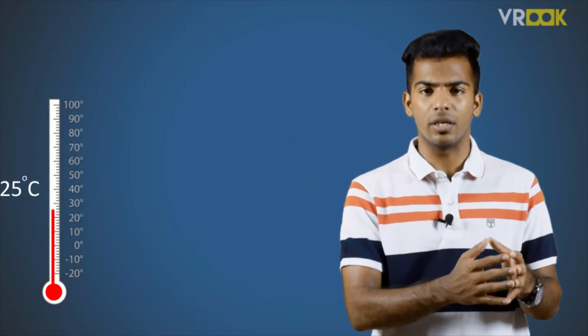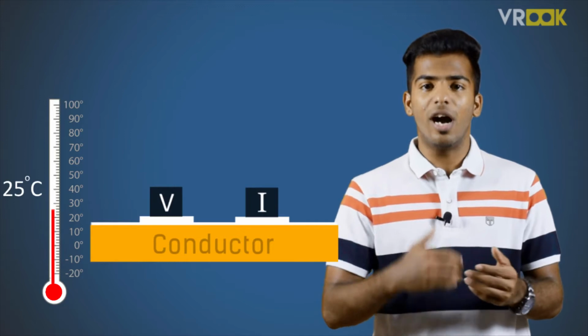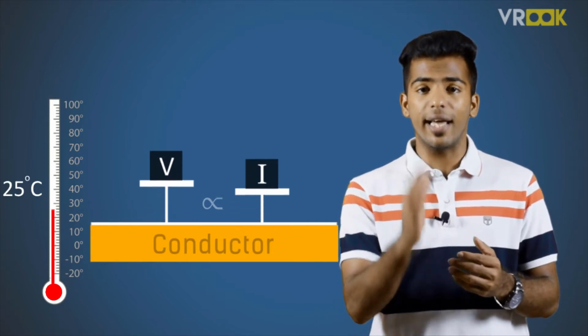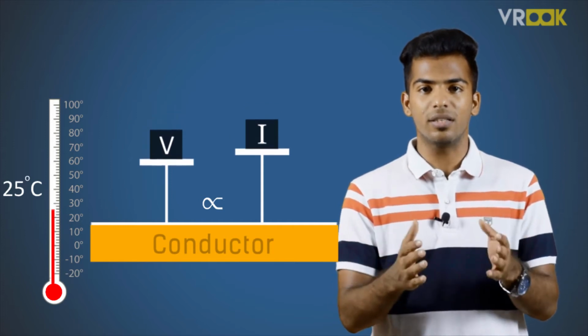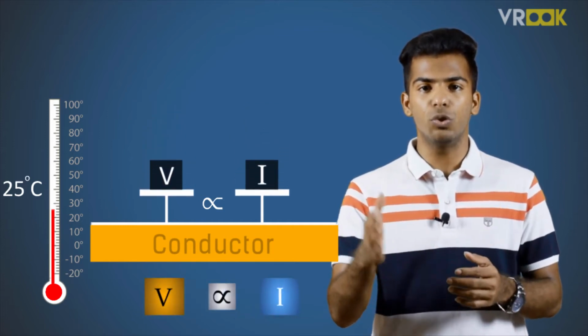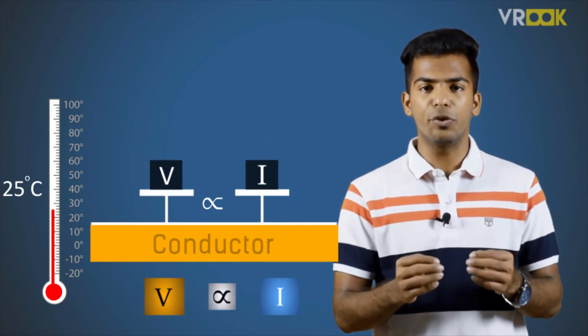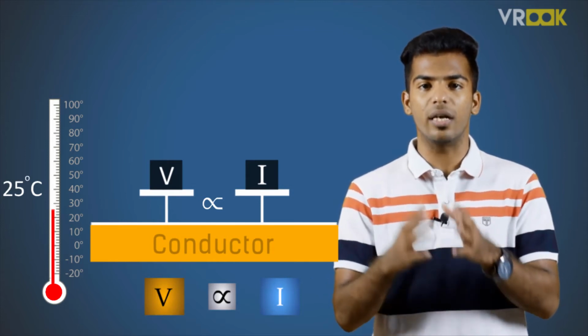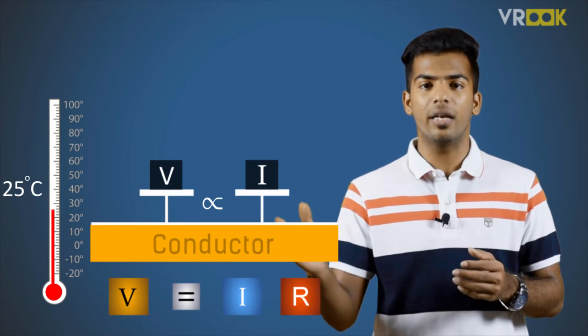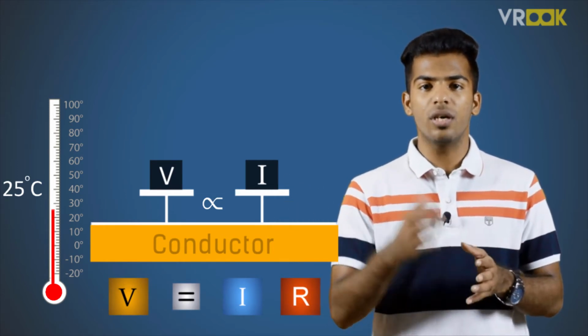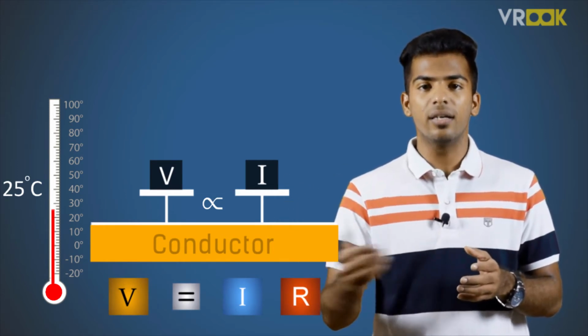Now, let us together define Ohm's law. Temperature being constant, the potential difference across the conductor is directly proportional to the current flowing through it. That is, V ∝ I. Let us introduce proportionality constant R. We get V = IR, where V is the voltage, I is the current, and R is the